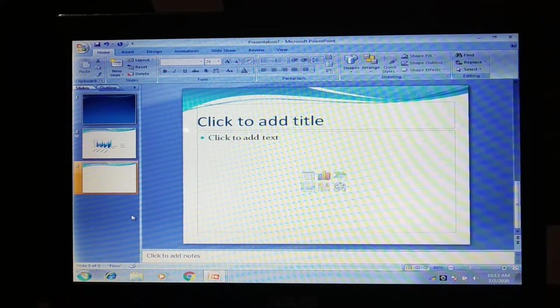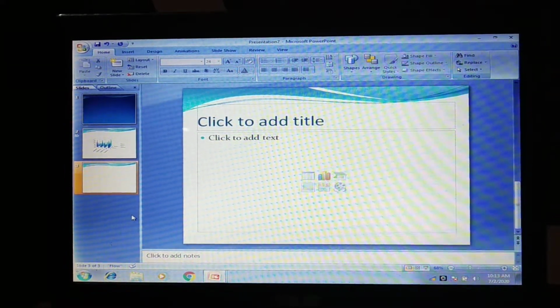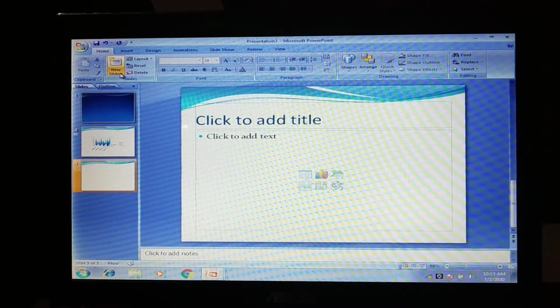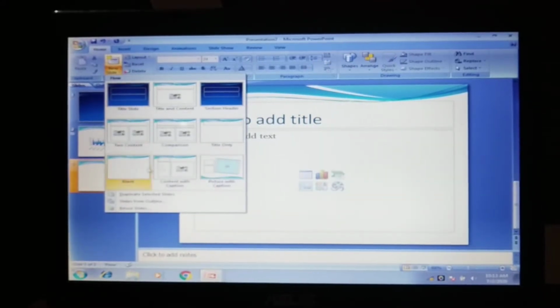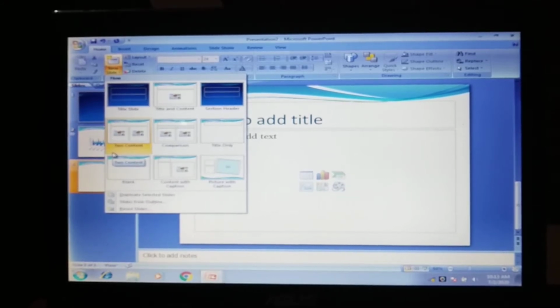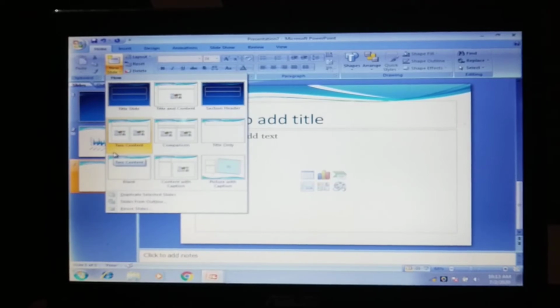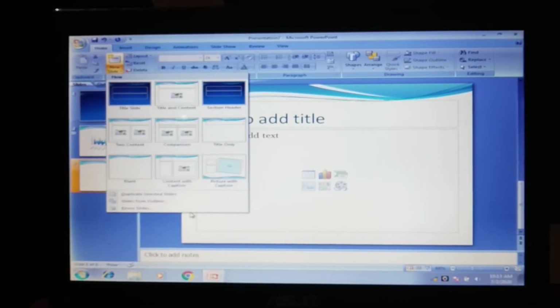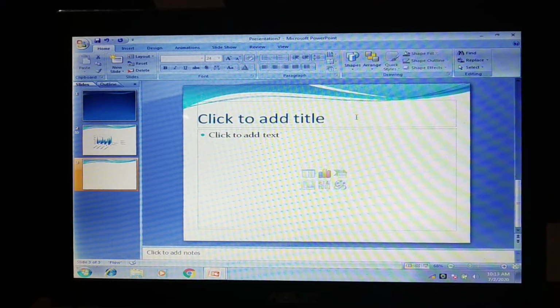And on page 52, slide layout is marked already. I have shown that under New Slide, if you click on the drop down arrow, it shows the 9 standard slides that you have in your computer, where you can add pictures, tables, charts, media clips, audio records, video records, some text, whatever you need to complete your presentation. Then on page 53, you have the definition of placeholder. I have already explained this is the placeholder, children. Here you can add something.